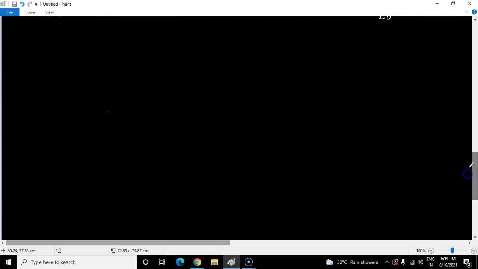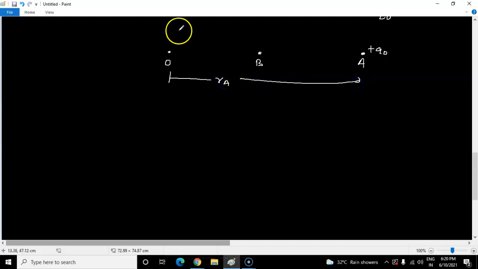So now we are considering the two points here. Let's consider this is point A and this is point B, and we are taking the reference at O. So this distance is A to B here. We are bringing the charge from A, this charge having plus Q naught, to B here. From the origin, this distance is RA, and let's consider this distance is RB, and you are bringing the test charge from A to the particular point B.